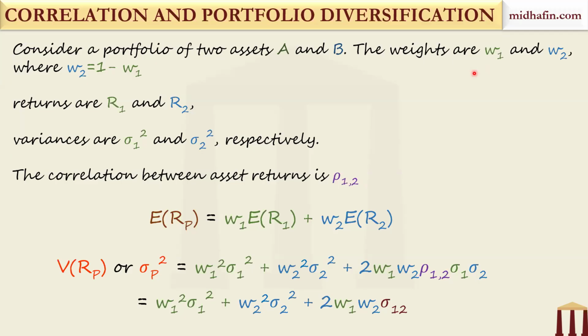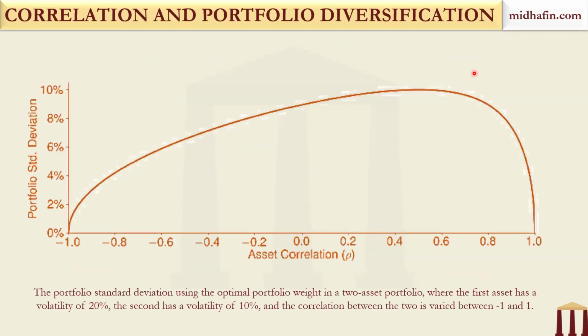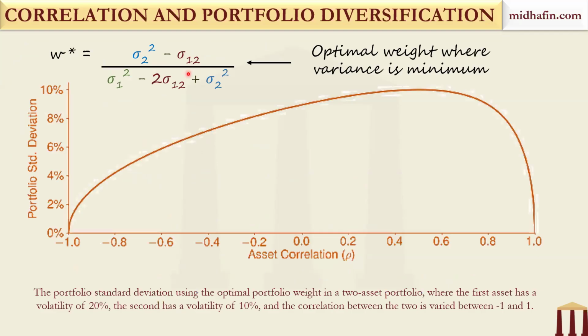How has that weight been calculated? Not in the course, although using calculus it is not very difficult. You can just minimize and set the first derivative to 0. You'll directly get the optimal weight as sigma 2 square minus sigma 1 2 divided by sigma 1 square minus 2 sigma 1 2 plus sigma 2 square. This is the optimal weight. What is the optimal weight? Optimal weight is the weight